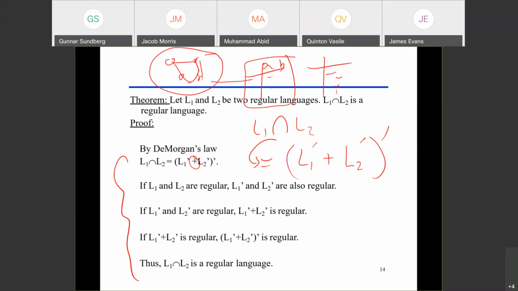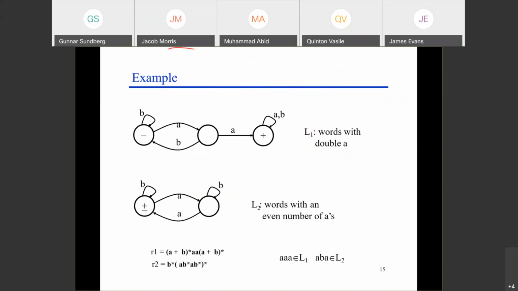There is another way also. First of all, is there any confusion here how we find L1 intersection L2? Okay. If there is no confusion, let me move to the next slide. So I think this is the example of this machine. This is our first machine, and this is